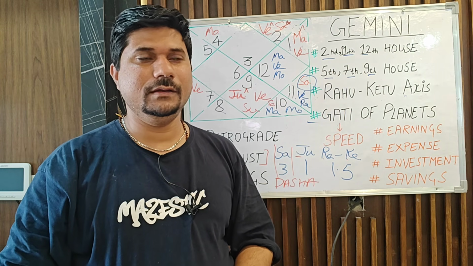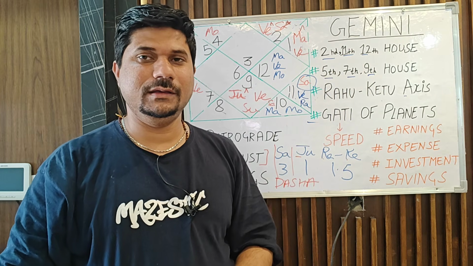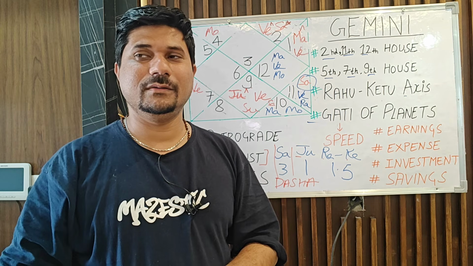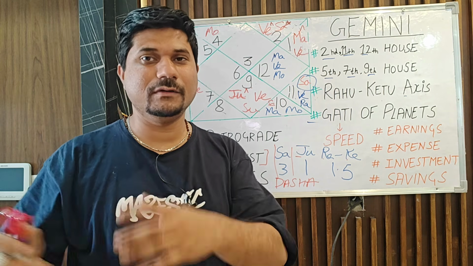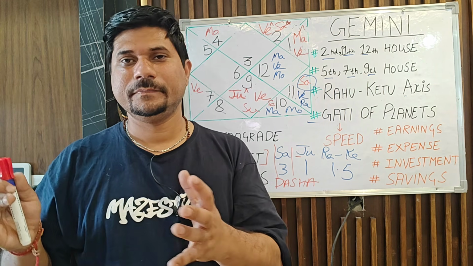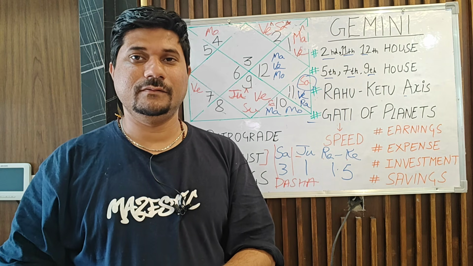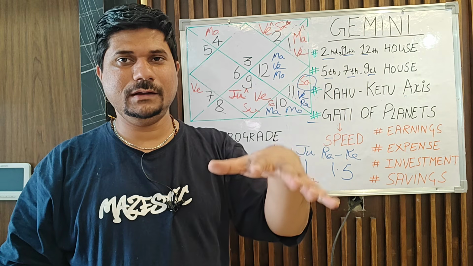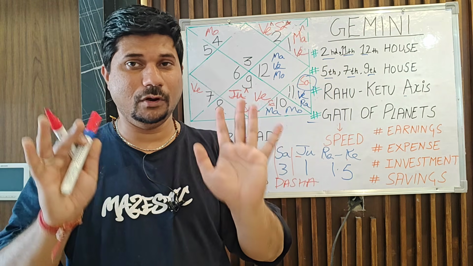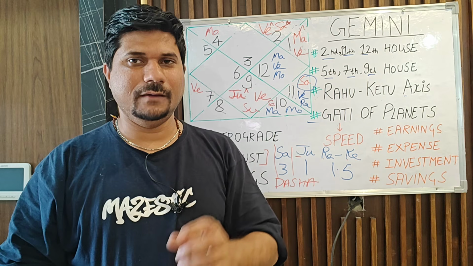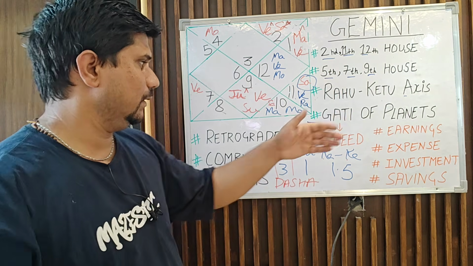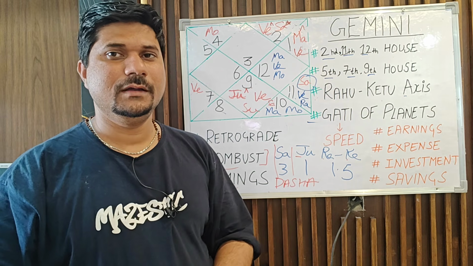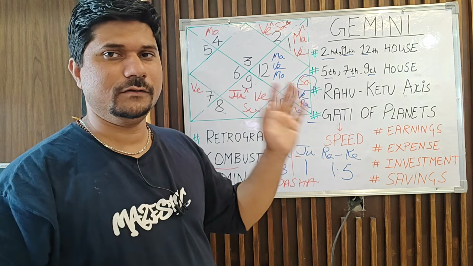Simply understand that when the graha, meaning the planet, is combust, it is ast in the chart. Suppose Jupiter is ast, Venus is ast. When Jupiter is combust in the gochar or in the transit, we don't perform any good celebrations or functions in our homes, specifically in the Indian communities. Why so? Because Jupiter is a very pious graha. The positive drishti of the planet, the rays that are coming, get blocked if the planet is combust. So it has the capacity to impact other areas like your marriage, your family, your functions, but not much over the monetary part. The monetary part does not have too much to do with the combustion of the grahas.